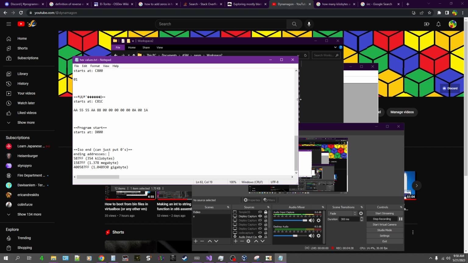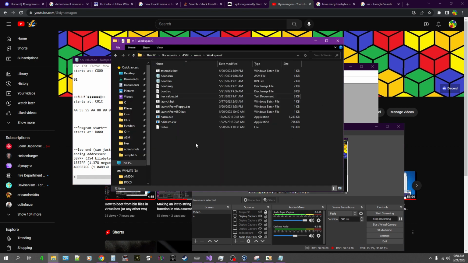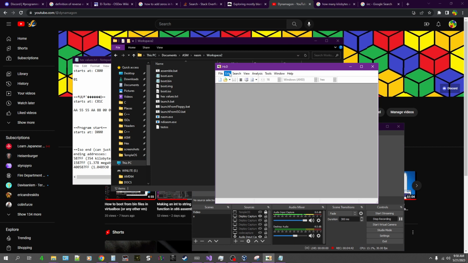Anyway, to do this, we're going to need HXD, which is just a hex editor that makes it a lot easier to code specifically in hex and bytes. It's made for coding from scratch. So we're going to